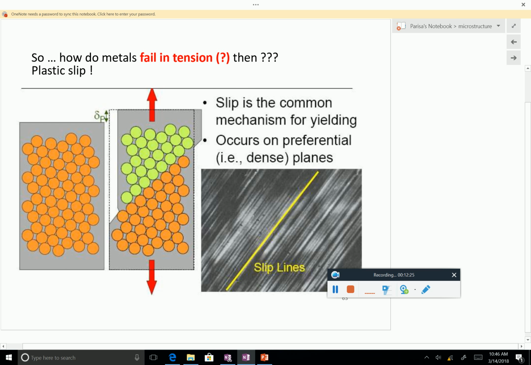And if you have a microscope and you can look at the specimen after rupture, you actually see these slip planes. You see that the mechanism is actually shear. It's not tension. So this is a very important thing to remember about metals and the difference between ductile and brittle materials. Brittle materials are very weak in tension. They develop cracks and break. But metals, they shear, then you have plastic deformation, shear, shear, shear. At some point, they break.